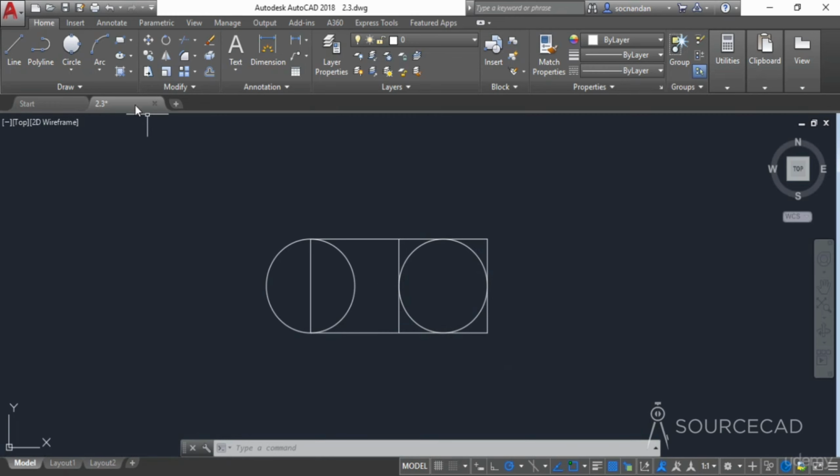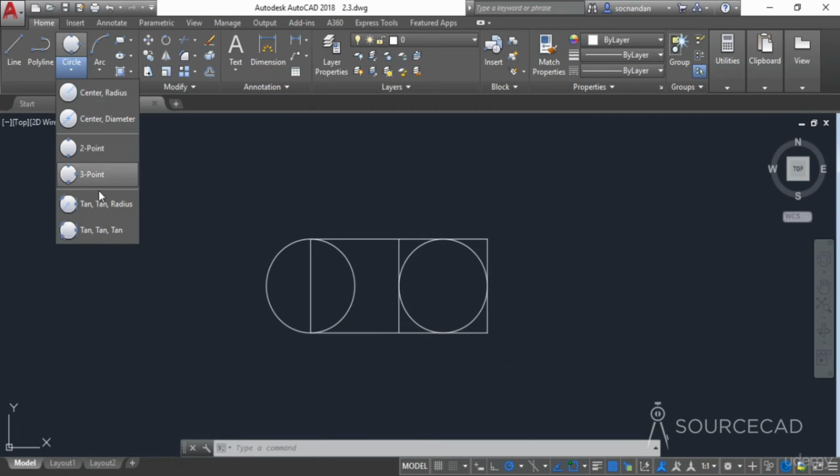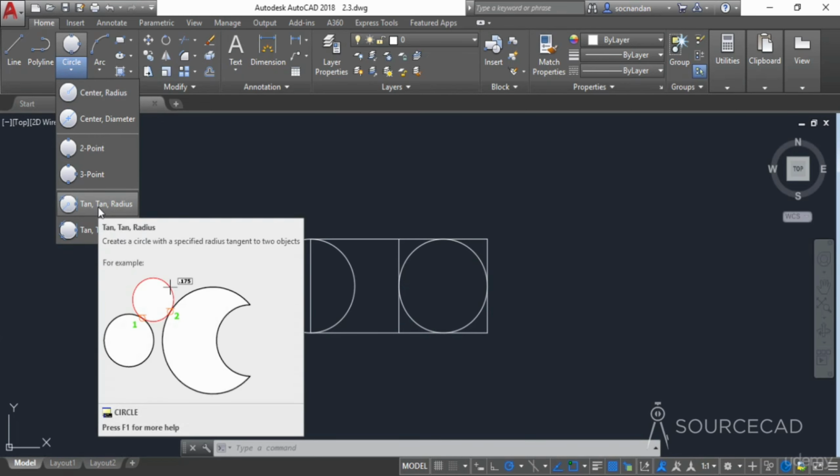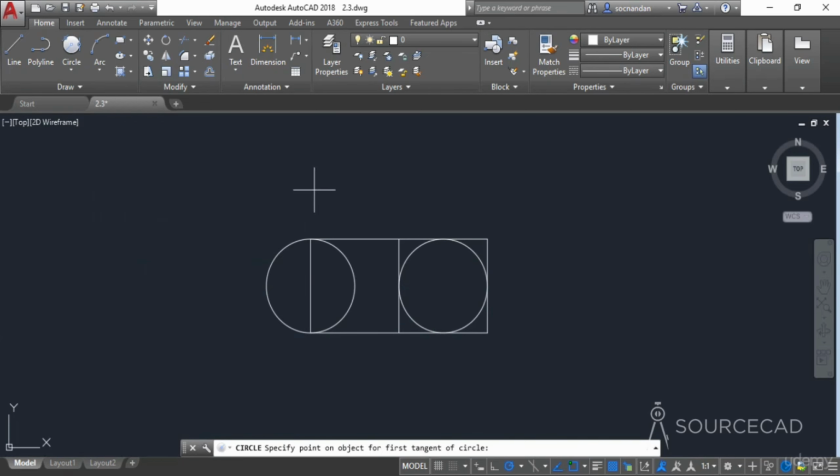Now let's look at the remaining options here. So now we have one more option here, which is tangent radius. So I'll select this tangent radius, and now let's select any of the geometry for the first tangent point. So click on this circle, now click on this line. So now the circle will be tangent on this circle and on this line,